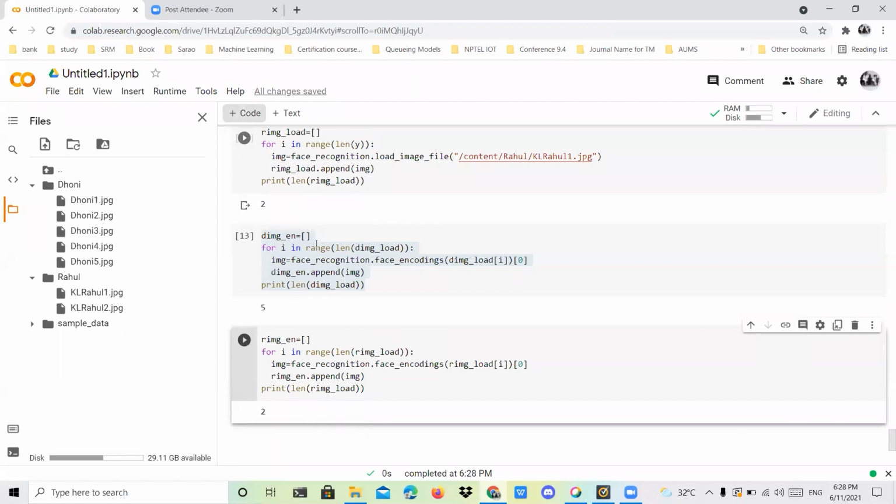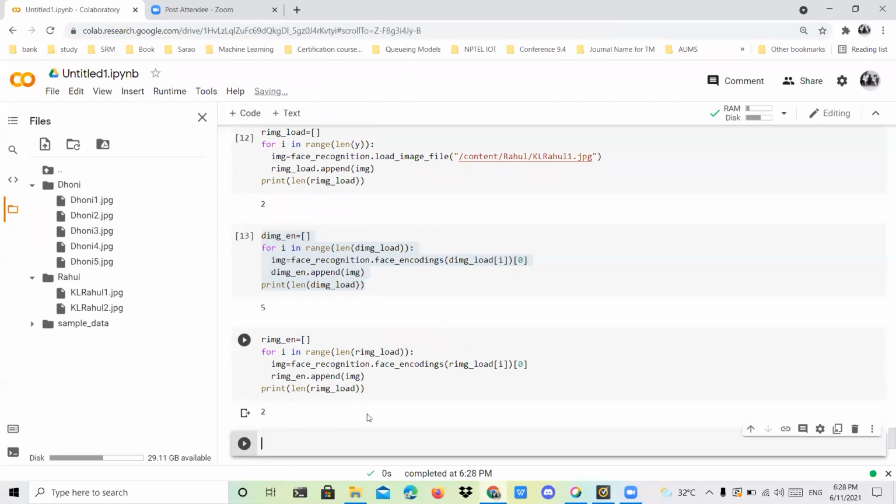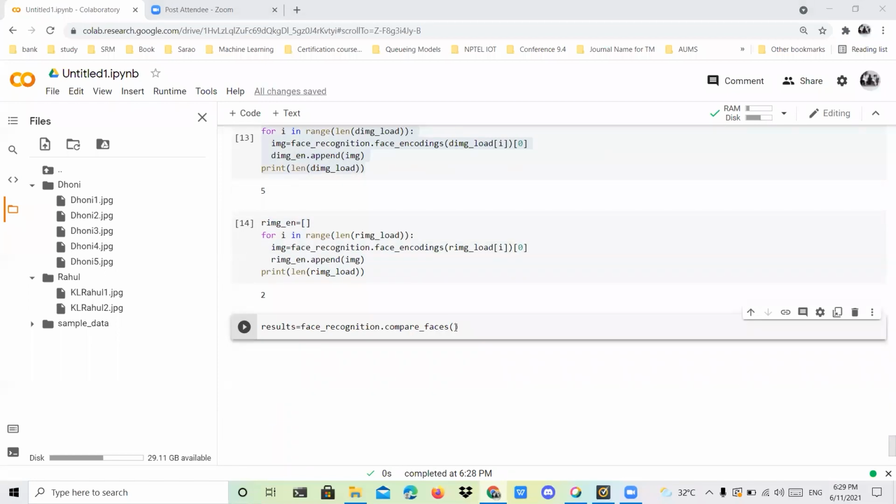The third step of this problem is that you have to compare your images, right? For the comparison, you take one more array variable as result, which is equal to face_recognition.compare_faces.